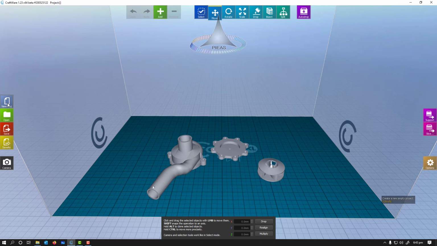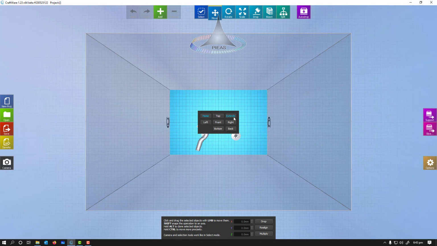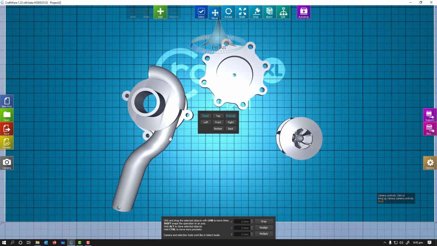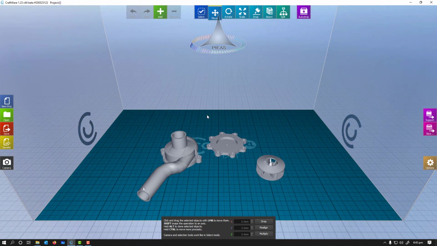Here you can modify your files. You can start a new project, you can open a project, you can save as, and you can even toggle your camera view. Here you can see this is home, the default view of the screen. Then there is top view, then extended view, then we have left, right, and so on, but we will go with the home screen. Right now, first of all we will see the new project.